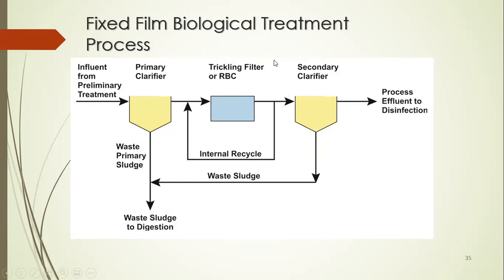You can see here the trickling filter, that is a secondary wastewater treatment option. You can see it in many wastewater treatment plants. Trickling filter is a treatment technology where you will use microorganisms